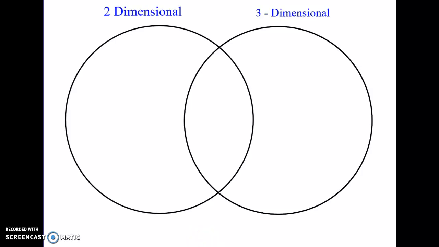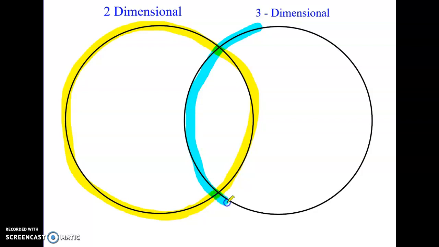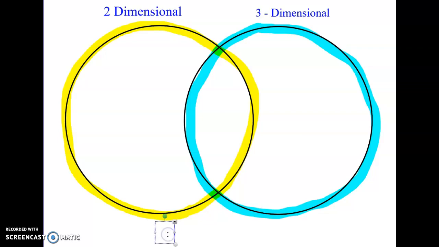And what I'd like you to do today is on a piece of paper to make a Venn diagram. So a Venn diagram, as a quick review, is something that looks like this. We're going to have one circle, and it doesn't have to be a perfect circle, but one circle I'm doing in yellow, and the other circle, and you can do whatever colors you want to, I'm going to do in blue. And what I'd like you to do is I would like you today to compare